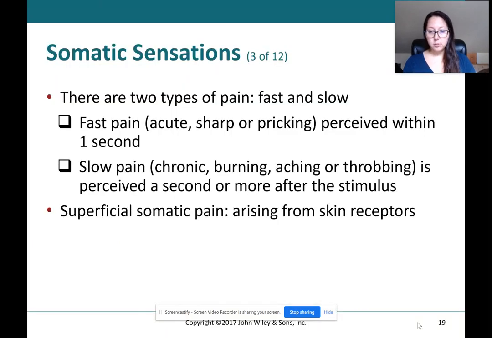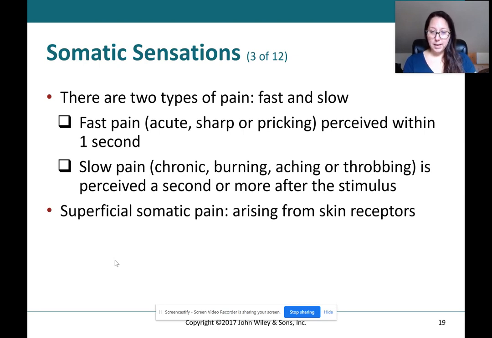We have the sensation of pain. So there are two types of pain sensations, fast and slow. So fast would be acute, sharp, or pricking pain, and we perceive it faster. So it's perceived within 1 second. We also have slow pain, which is more like chronic pain, burning. We are slower to detect